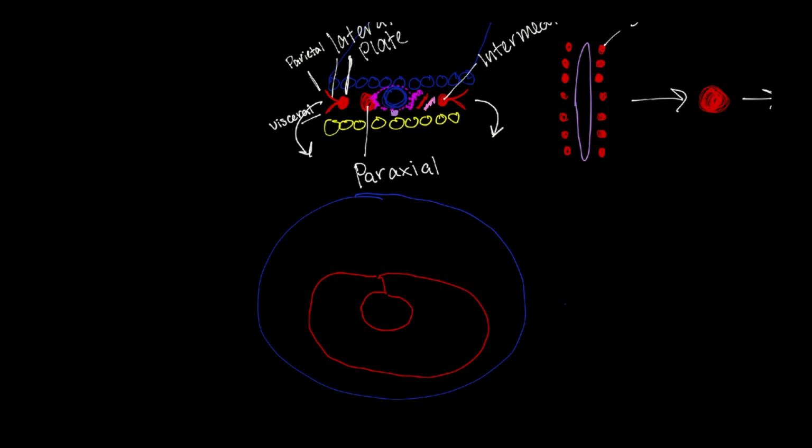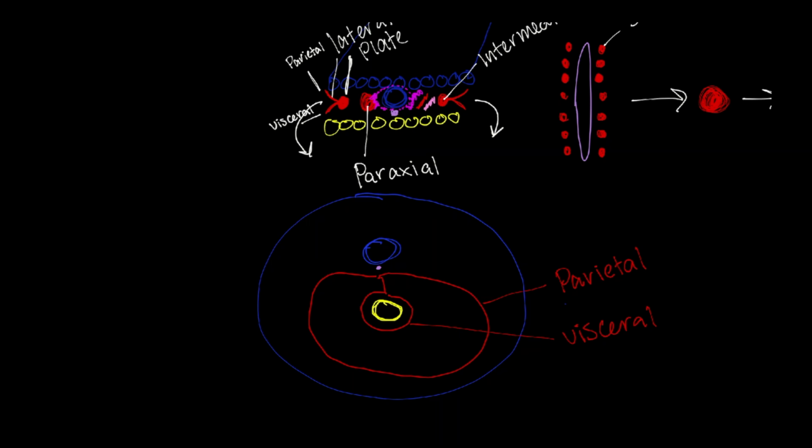Here is the neural tube, component of that notochord right there. And then, if you can see, we have the endoderm that has now formed a tube. But looking at the parietal layer and the visceral layer,